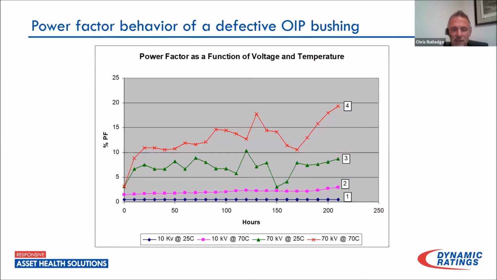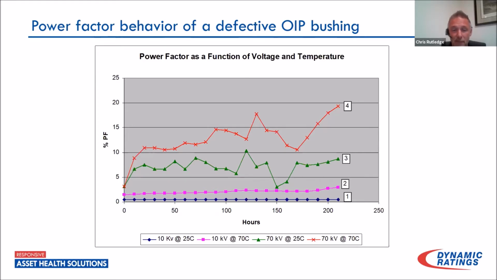If we take that 10 kV and step that temperature up to 70 degrees C, now we're starting to see a slight increase in power factor percentage. And even as time goes on, at around the 200-hour mark, we start seeing that increase starting